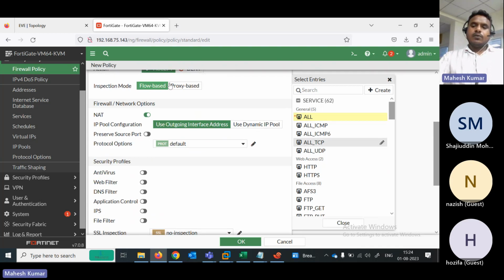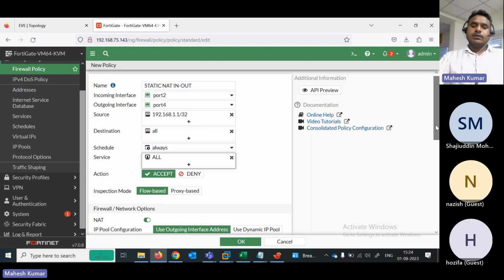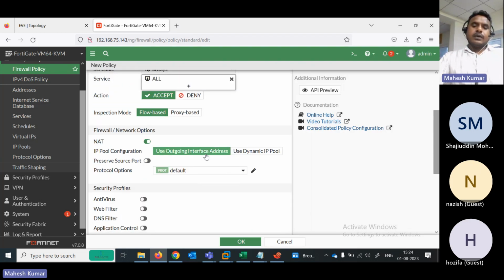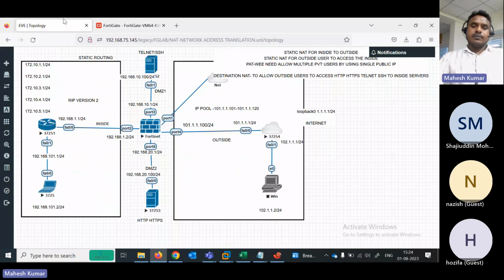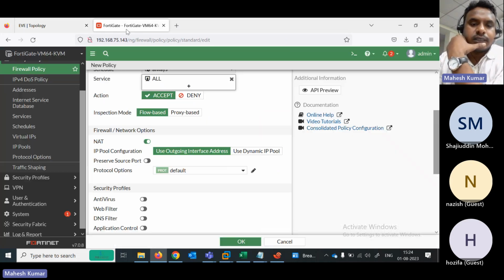NAT is required, flow based. By using which IP is it going? Use outgoing interface address. Outgoing interface address means 101.1.1.100. This is our outgoing interface IP. That is also fine. This is already assigned, 101.1.1.100, right? If you don't want to choose an interface, and want to go with the IP address only,